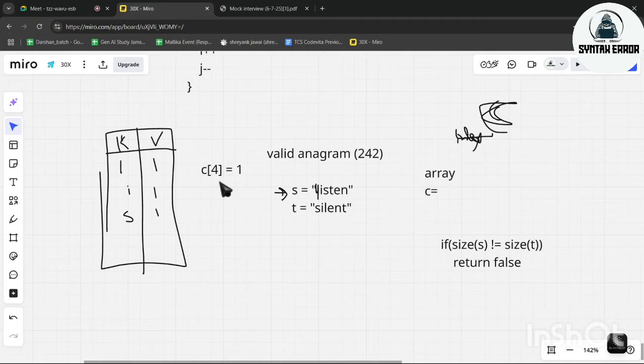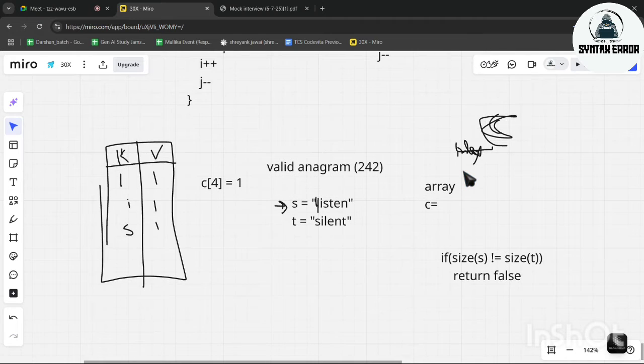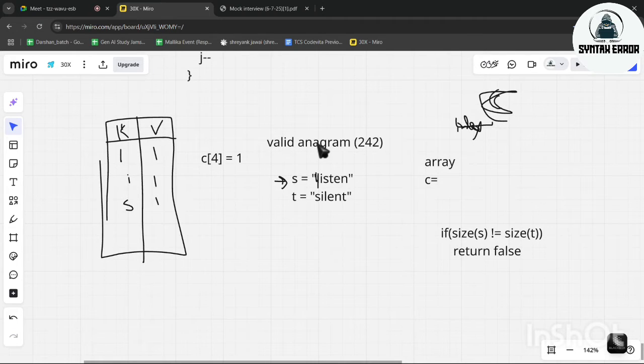Okay, keep track of frequencies of characters using a hash map. Yeah, we can do that also, but as it was a basic class of strings, I thought let's solve it using an array. In the previous class we already learned how to solve questions using a hash map. We will show this approach also in today's class.